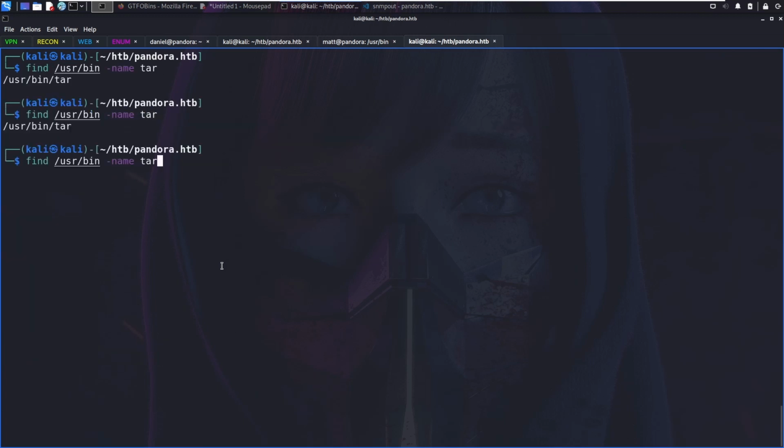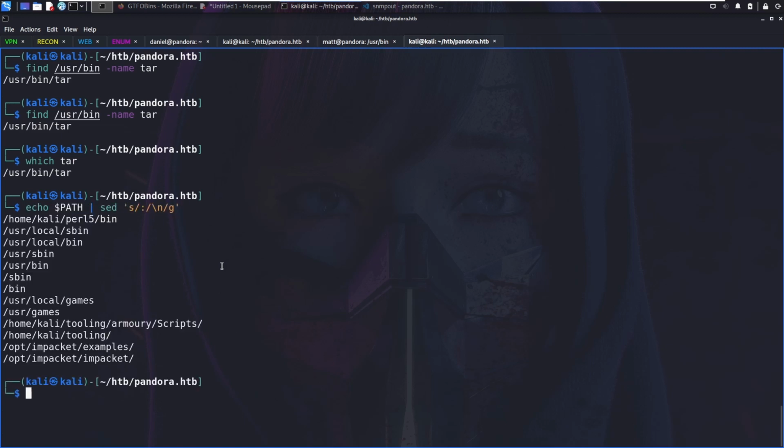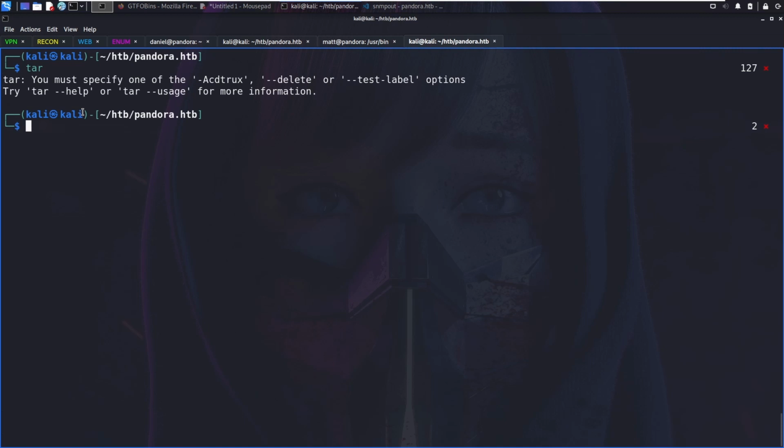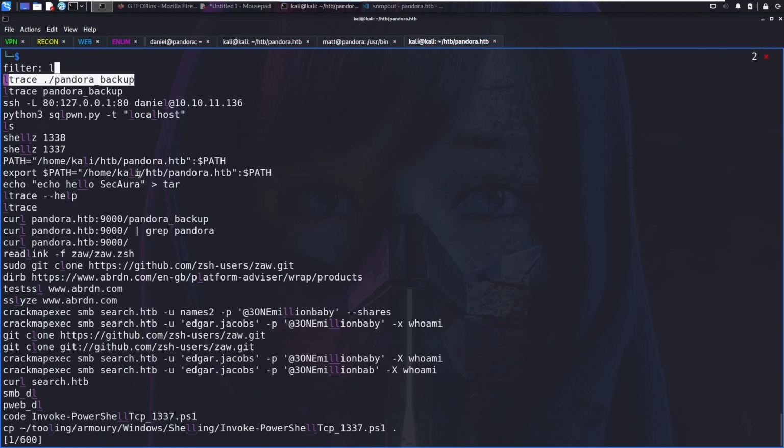So when we're doing which tar, we're checking the path, of which /usr/bin is one entry. It's then going to say, cool, yep, /usr/bin, and we're then doing something like finding tar inside /usr/bin, which will then say, yep, it's in here, and then we'll run tar, and it will run as you'd expect, like that. Okay, so what does that mean? Well, because the binary